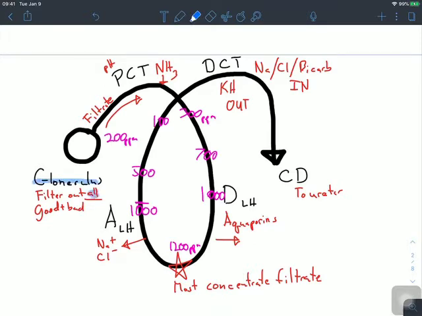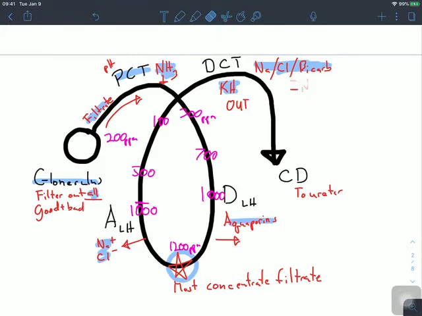Glomerulus filters out all. The filtrate then goes to the proximal convoluted tube, where pH is regulated by the addition of NH3 into the filtrate. Then it goes down the descending loop of Henle, where aquaporins pull out water, making it extremely concentrated at the very bottom. Salt is reabsorbed in the ascending loop of Henle. And then potassium and hydrogen are pumped back out during the distal convoluted tube, and sodium, chlorine, and